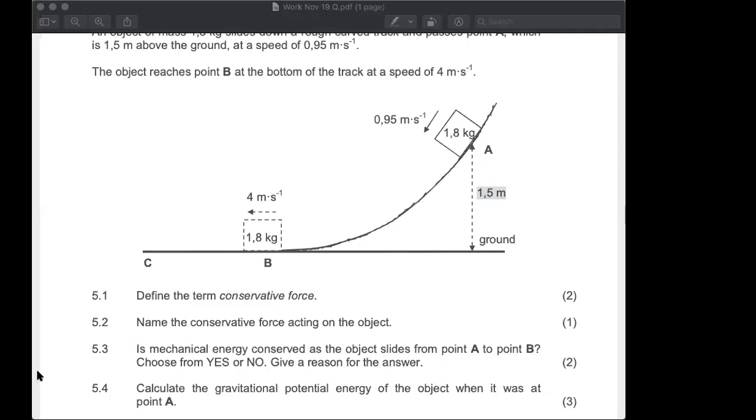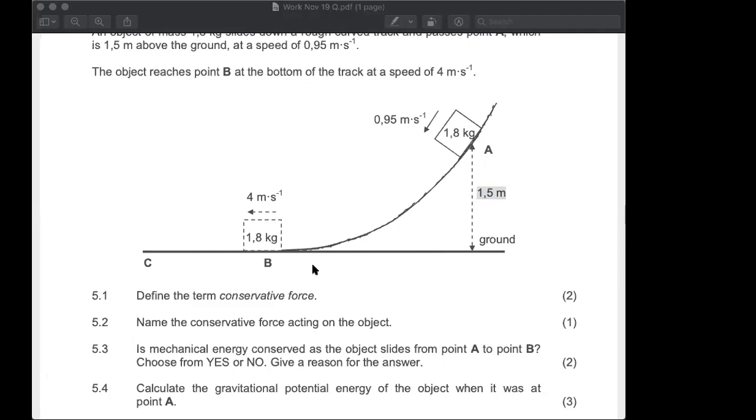I'm just looking at the memo. No, there is a non-conservative or frictional force. It is not an isolated system. You could have said that also. The net work done by the non-conservative force is not zero. That's another answer. But to put it simply, you can just say there is a frictional force acting on the